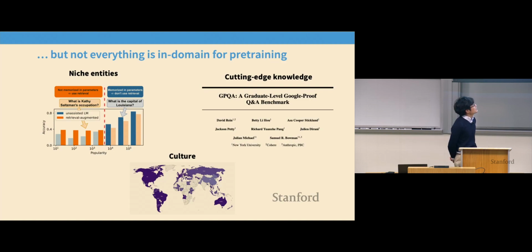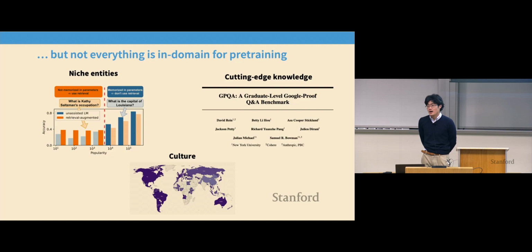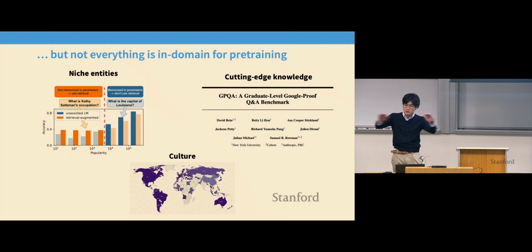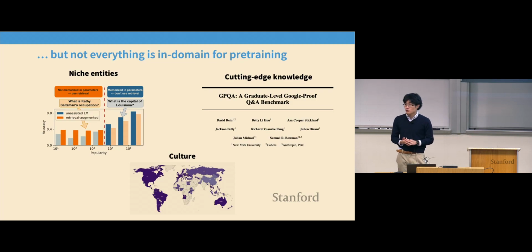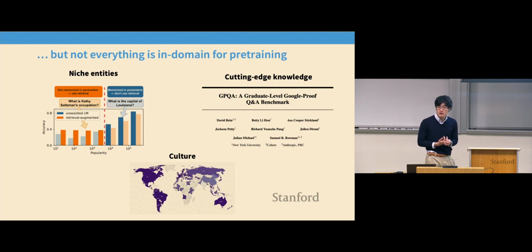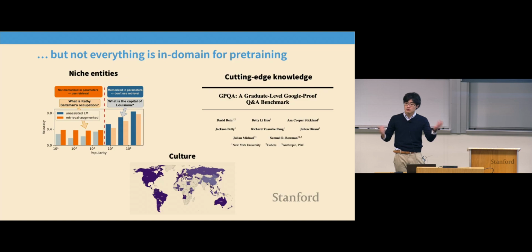Going back to cutting-edge knowledge, there's a lot of interest in developing language models that can do really well on scientific knowledge that's rare on the internet. And finally, if you're thinking about bias and fairness, we know that these models do not do well uniformly across the globe. As people who speak and interact in English, we are very much privileged to take advantage of an incredible amount of high-resource English language data on the internet, which makes these models really good at English. But if you're operating in much lower-resource languages, these models do much, much worse. So why am I bringing up these three different examples?